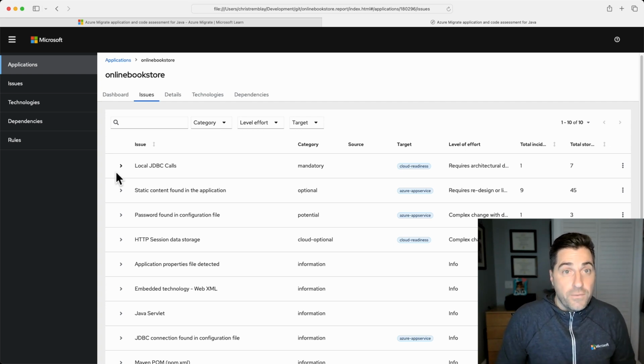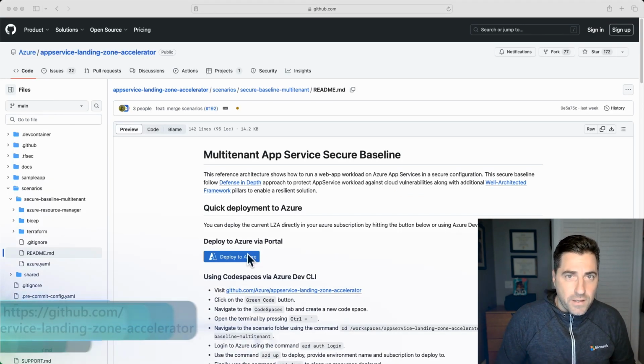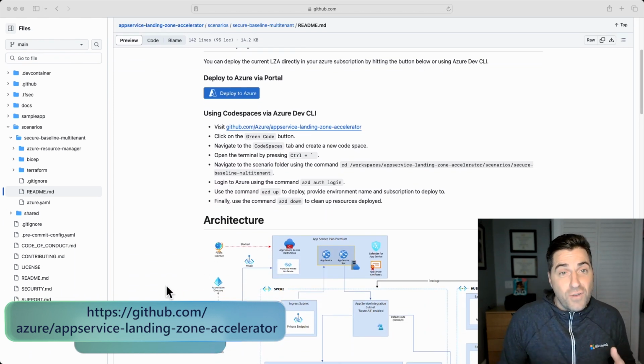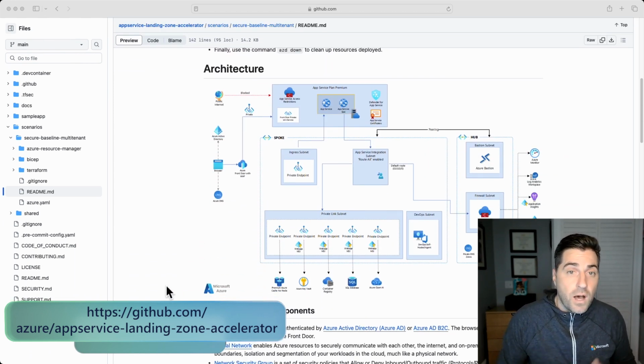After assessing your infrastructure and application code, you are now ready to migrate to Azure App Service. There are many ways to get your application deployed. However, I love the Azure App Service Landing Zone Accelerator for this. The accelerator uses infrastructure as code to deploy a typical hub and spoke landing zone for your application to slot into. With this model, all of the heavy lifting and configuring of your hub and spoke is taken care of for you. And even cooler,